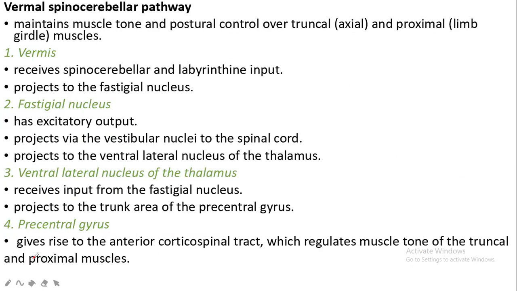Then we have the spinocerebellar pathways. This one maintains posture and muscle tone, and it has to do with the truncal muscles as well as the proximal muscles of the limbs. Here we're dealing with the vermis, the vermal region. It receives the spinocerebellar and the labyrinthine input, and then projects to the fastigial nucleus,